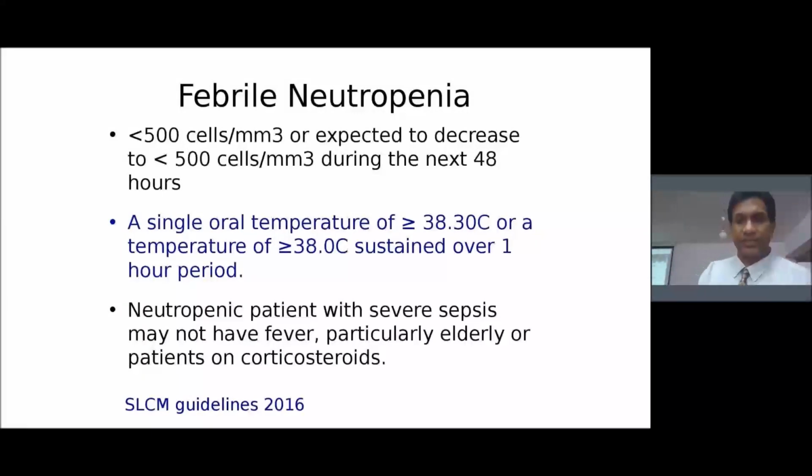Okay, so this is, I think, I can't see the list, but I think these were the Sri Lanka College of Microbiologists. The Sri Lanka College of Microbiologists 2016 have a guideline out on neutropenic fever, neutropenic sepsis, right? It's online, so you can go and have a look at it. It will be important for you to see that. So if your neutrophil count is less than 500 or you expect it to decrease,